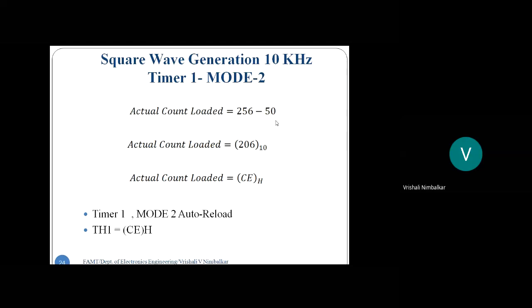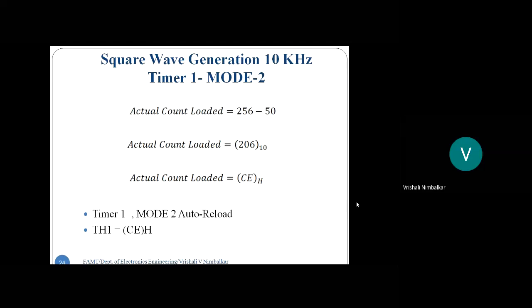Right? Now, so as to get a continuous square wave, you should not stop the timers. Is that okay? Whenever the timer is in mode 2, do not stop the timers. How do you stop the timer? By setting the run bit, you start it, and by clearing the run bit, you stop it. So if you want that auto reload to happen, if you want the counters to reload again and again, do not stop the timer whenever it is in mode 2.